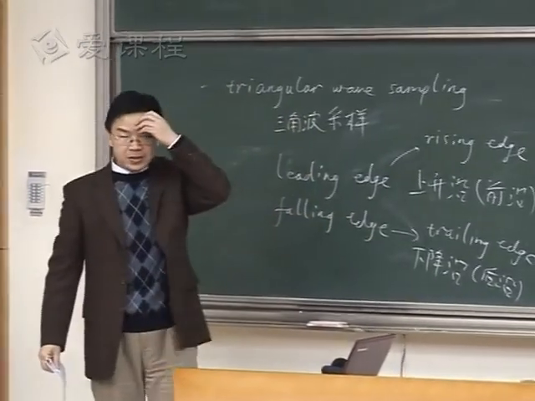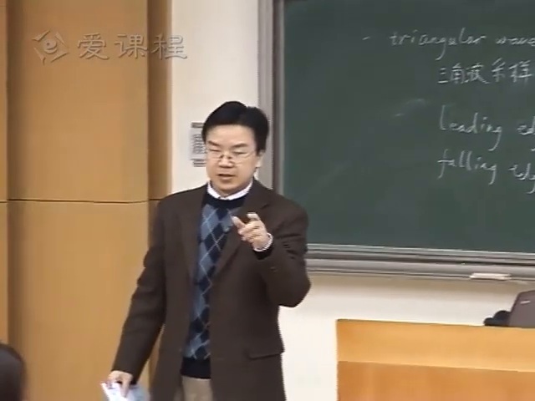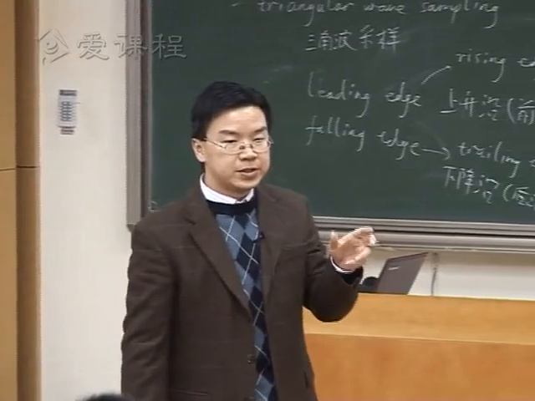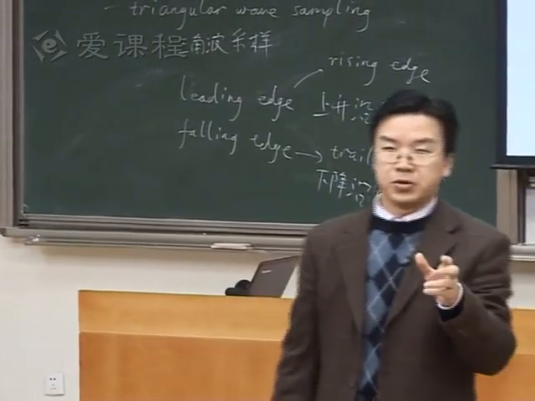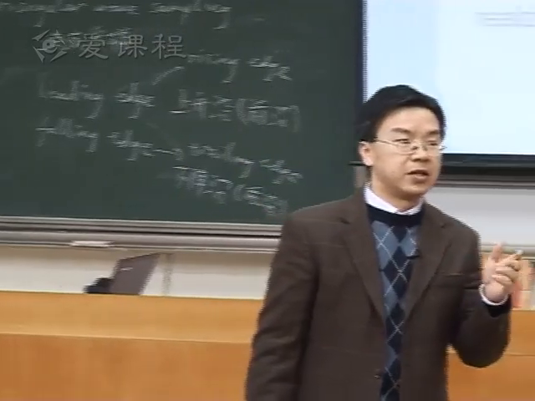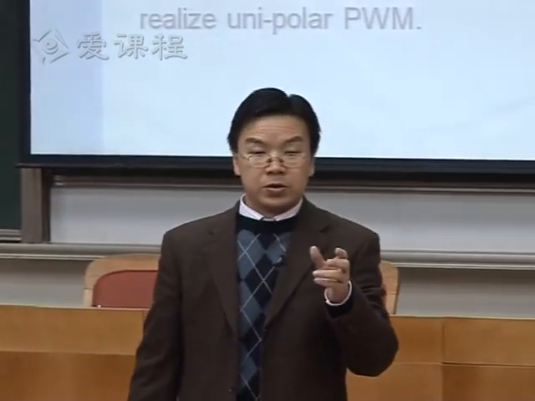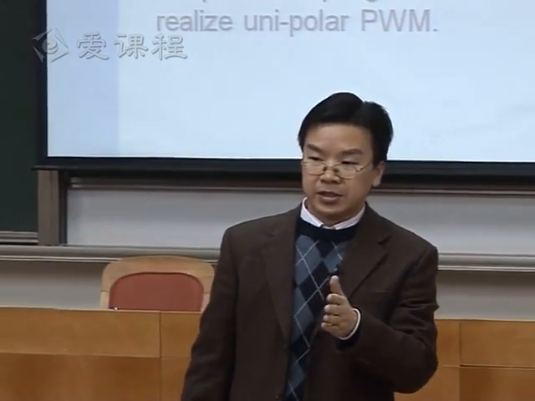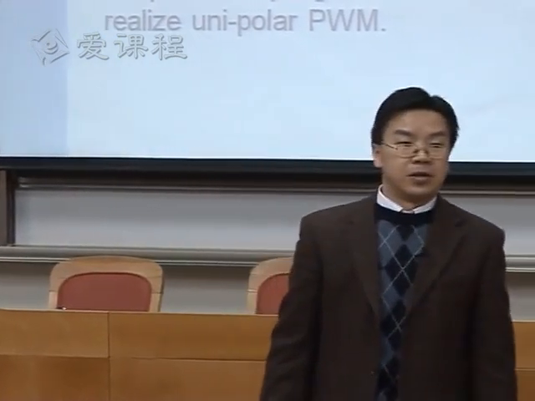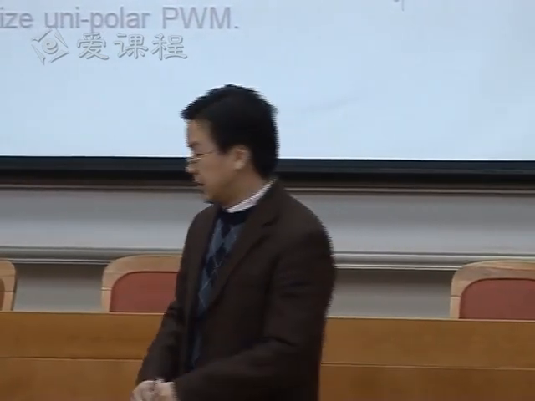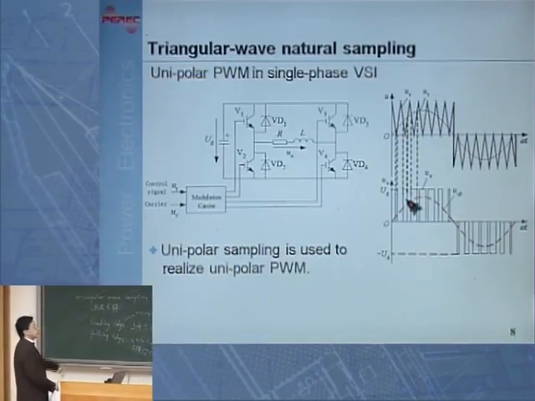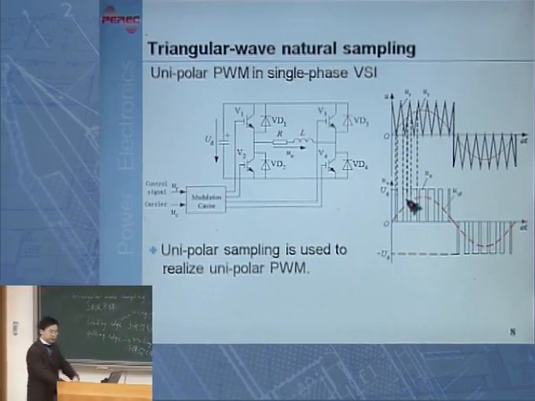Okay. So the fundamental idea of this sampling technique is actually using the intersection points of the modulating signal and carrier signals to determine the leading edge and trailing edge instants of the square wave pulses. Okay. And in last class we have discussed, we proved that by using this technique, we can actually get